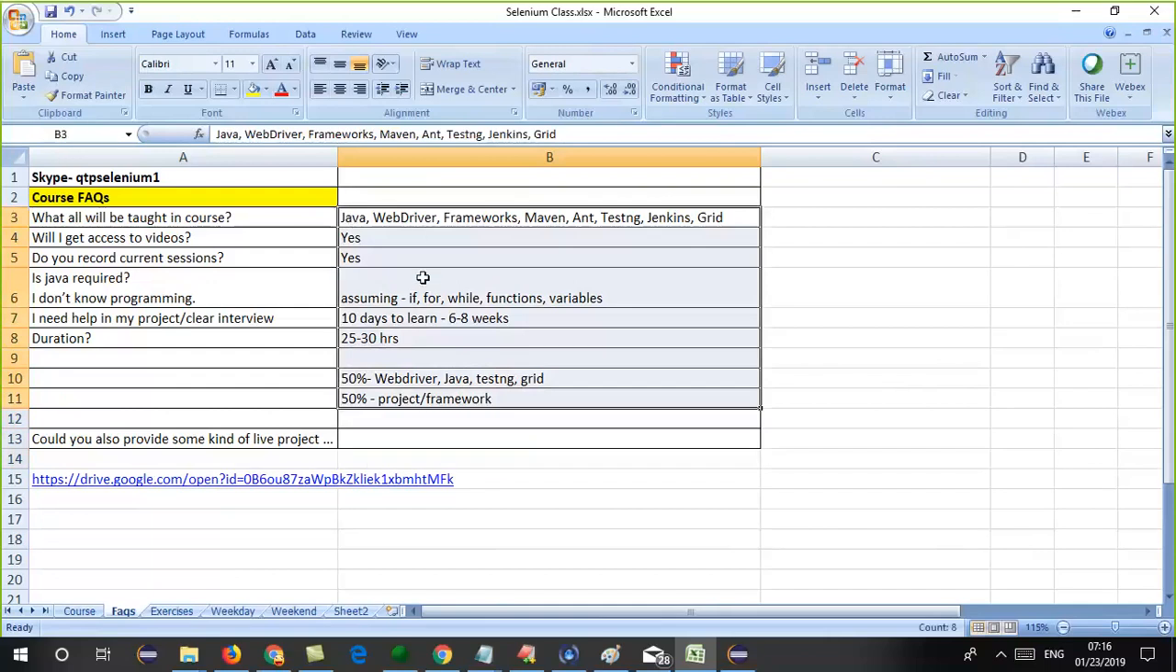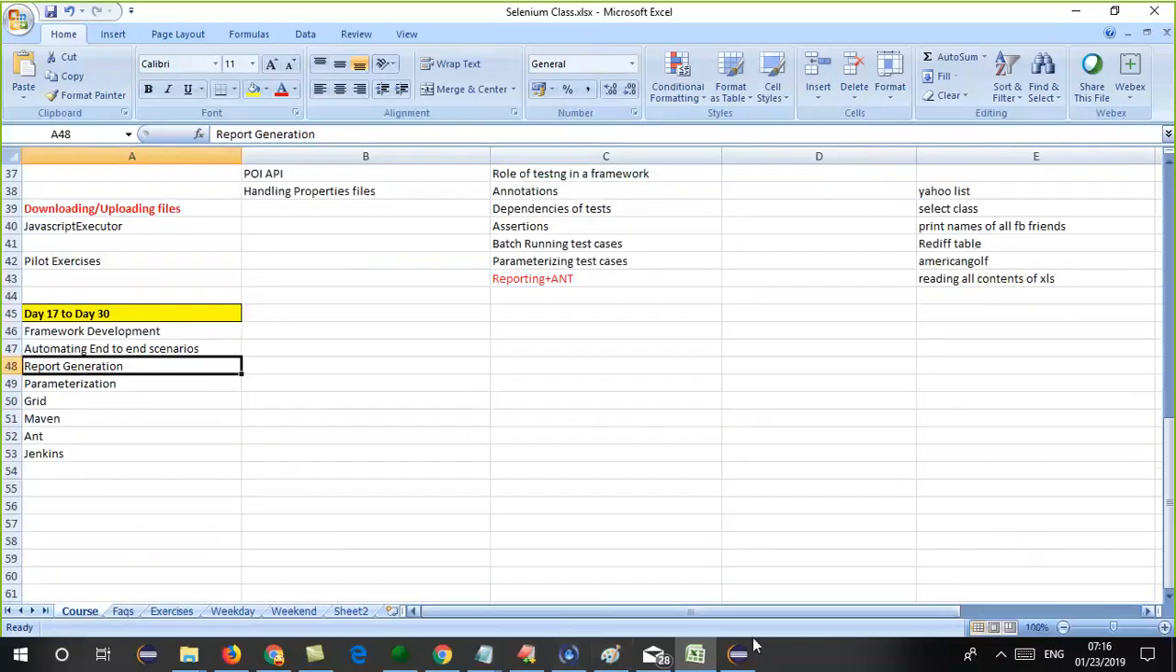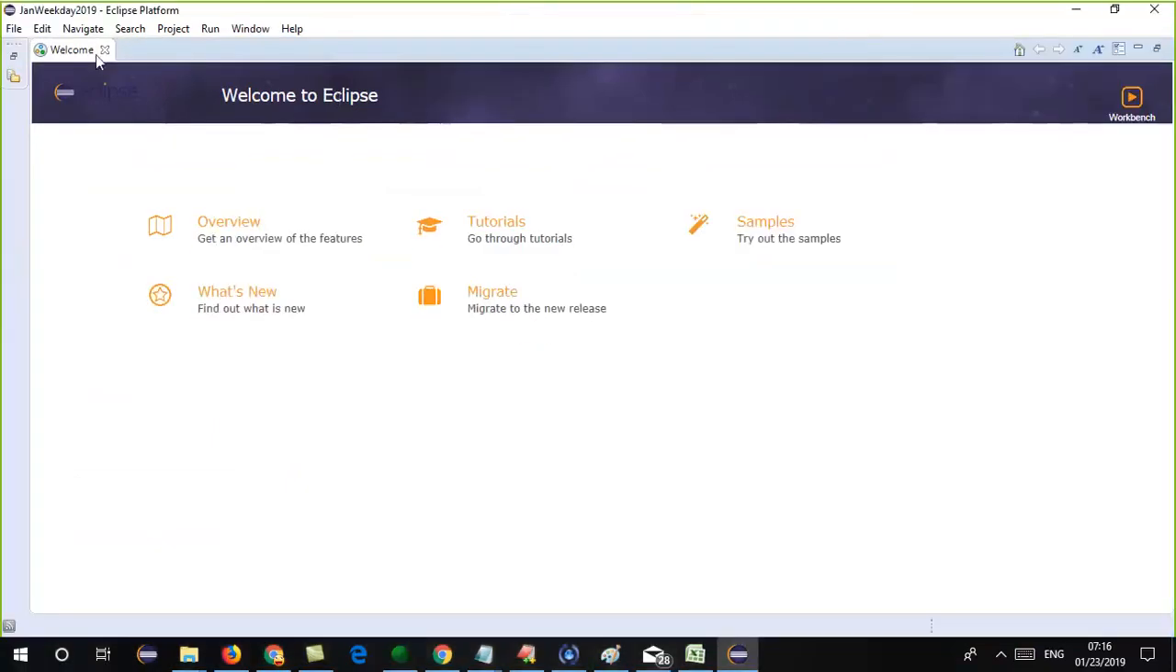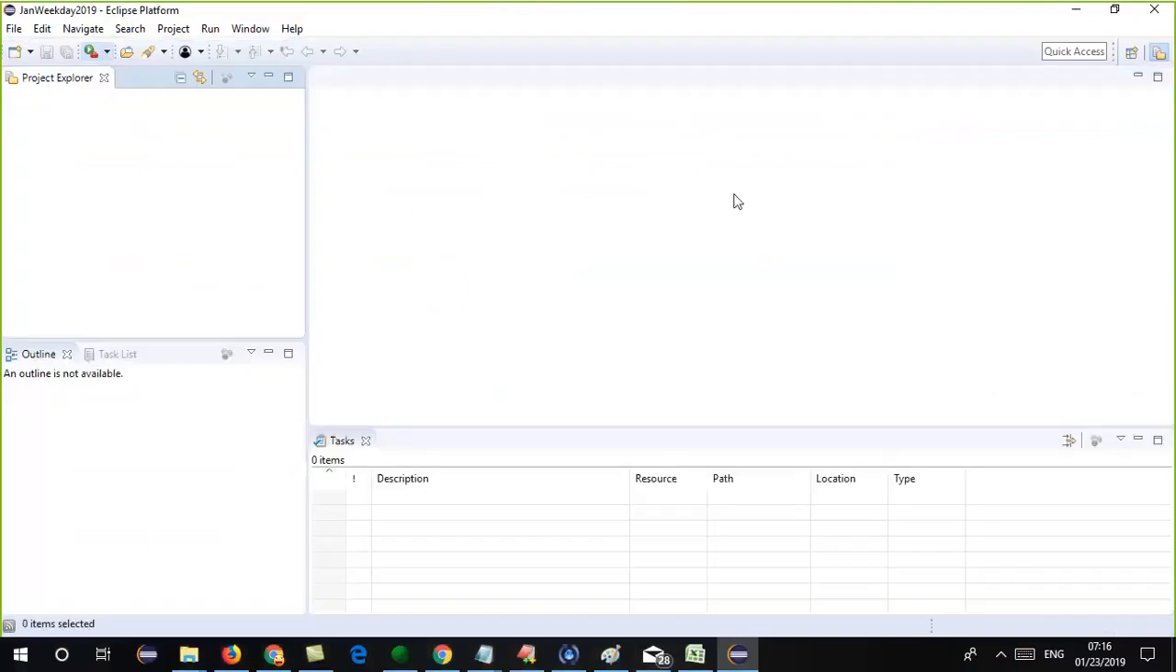Right. Now, the next thing is we have started Eclipse. This is the welcome screen of Eclipse, right? You can close it, so you will get a screen like this. Fine. In this screen, you'll get this outline and task list. You can close this. Fine. Now,